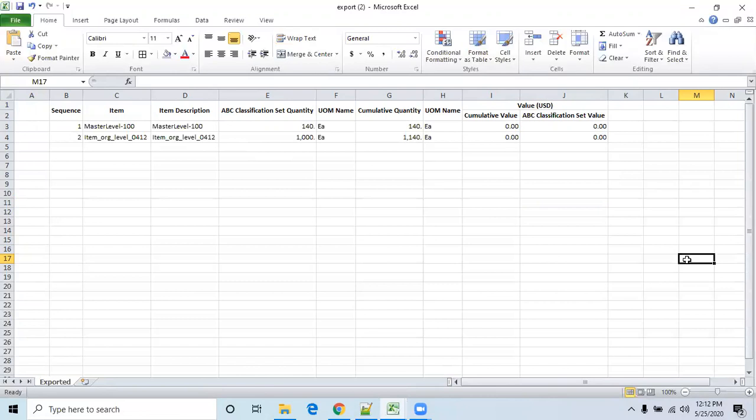A group means all high value items we keep into the A group, all low medium value items we keep into the B group, and low value items we keep into the C group. That is the next step. So once classification is done, then next we have to divide your complete items into n number of groups.